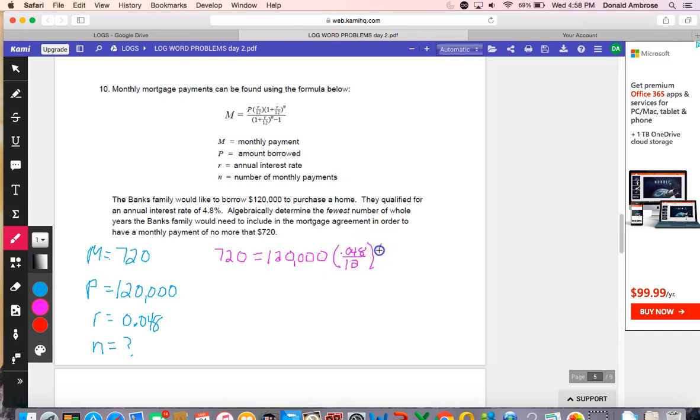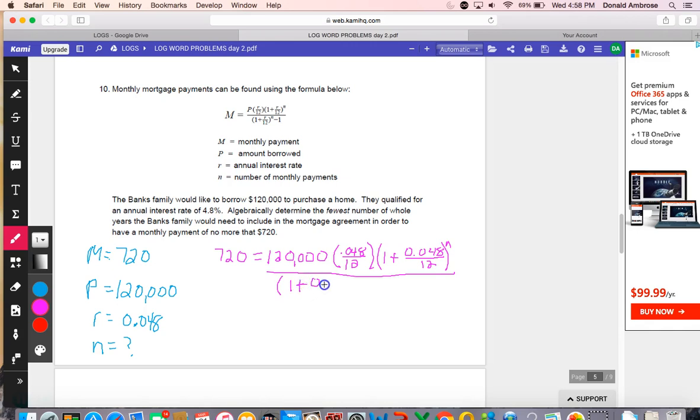And then we have to multiply that also by 1 plus R again, which is 0.048 over 12, and then that parenthesis there is raised to the nth power, which we don't know what that is, and then that's all over 1 plus R again,